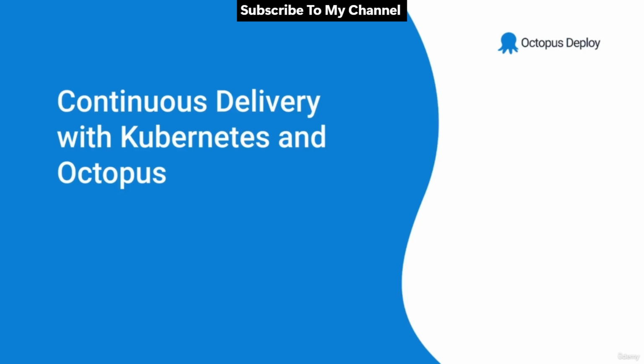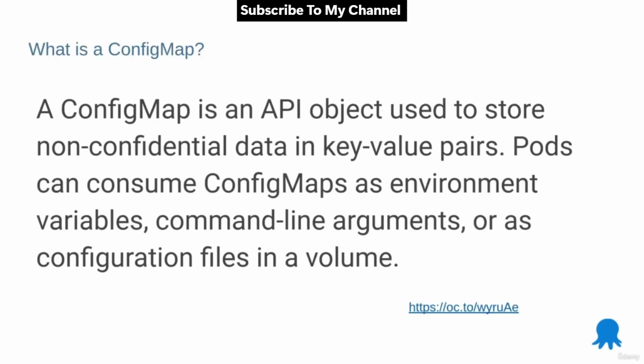Kubernetes provides 2 resources that are designed to host configuration values frequently used by applications. The first is a config map, and the second is called a secret. A config map is defined as an API object used to store non-confidential data in key-value pairs. Pods can consume config maps as environment variables, command line arguments, or configuration files in a volume. There's 2 key parts to this definition that are worth focusing on. First is that a config map is used to store non-confidential data,